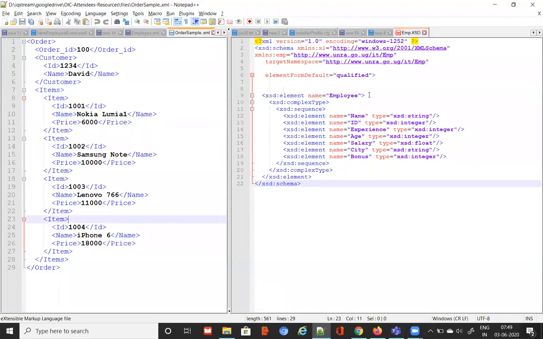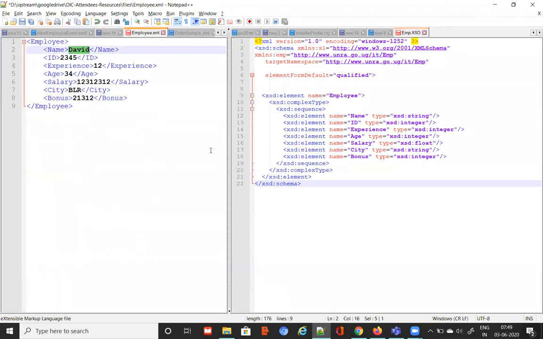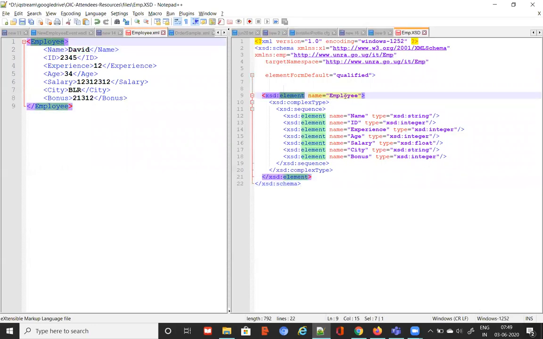So let's open this XSD and try to understand. And this is my XML. Here we're saying that my XML will be following this structure. This is a grammar we are using, XSD grammar. We are saying that the root element of my XML will be employee.